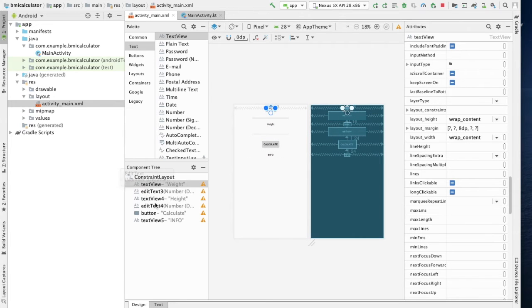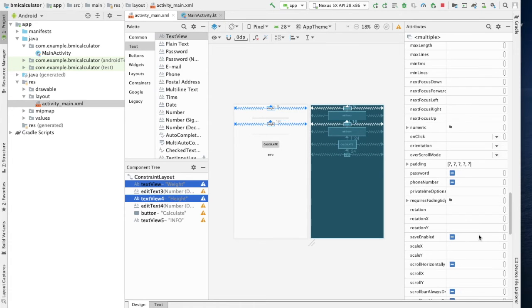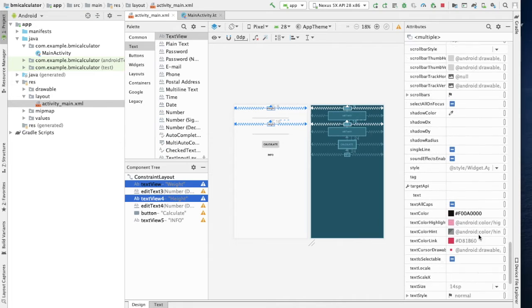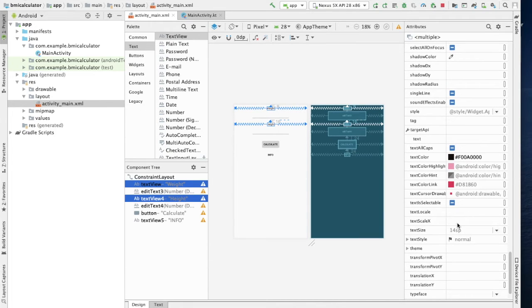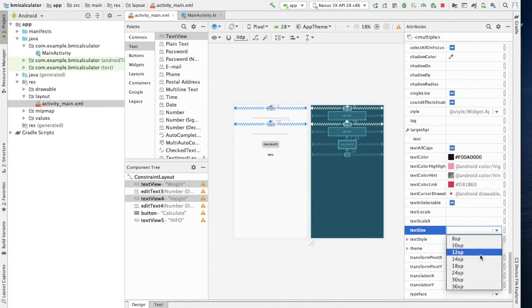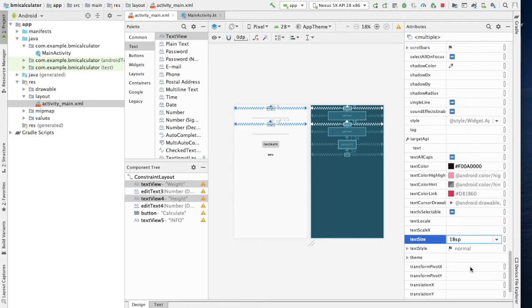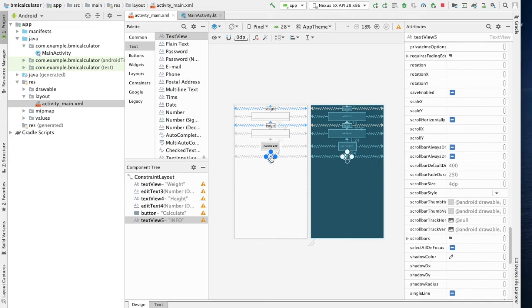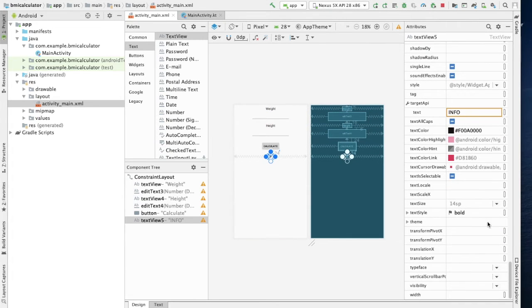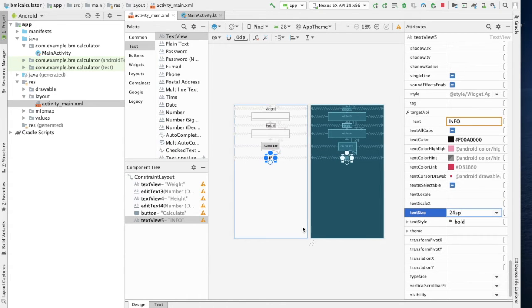So Control click on it, and then Command text view 4. And then let's do text size. Text size 18, a little bigger. And then I want this info to be the biggest one. So again, text size 24. Okay,